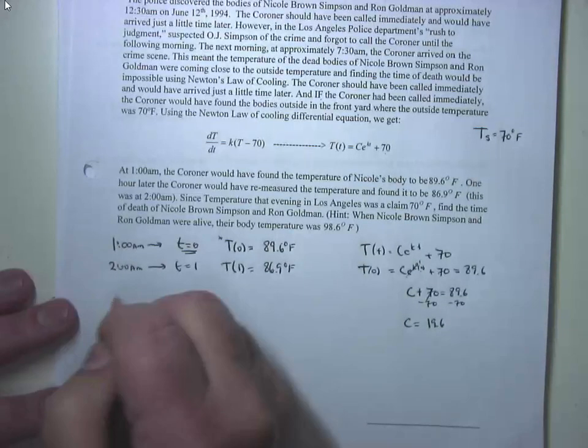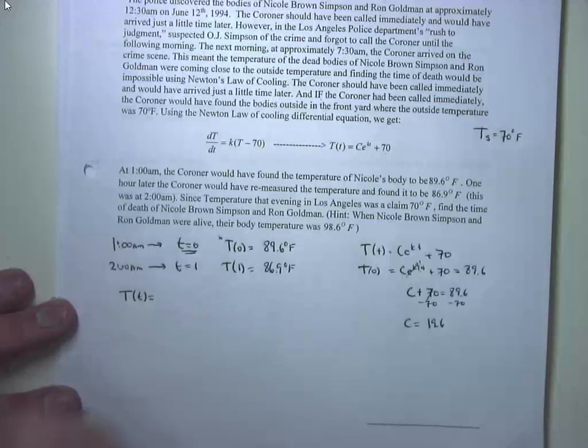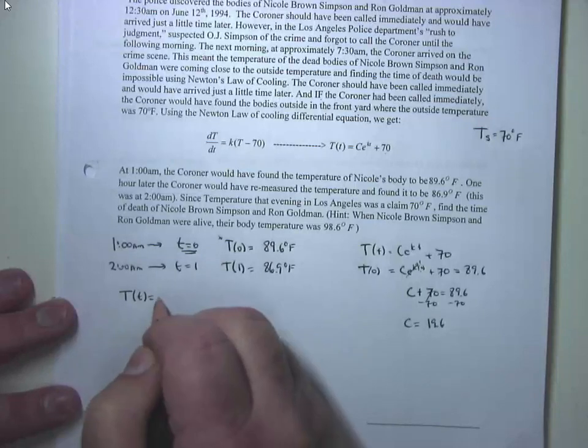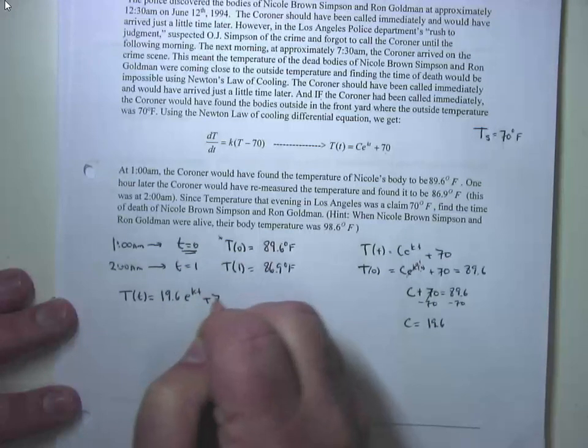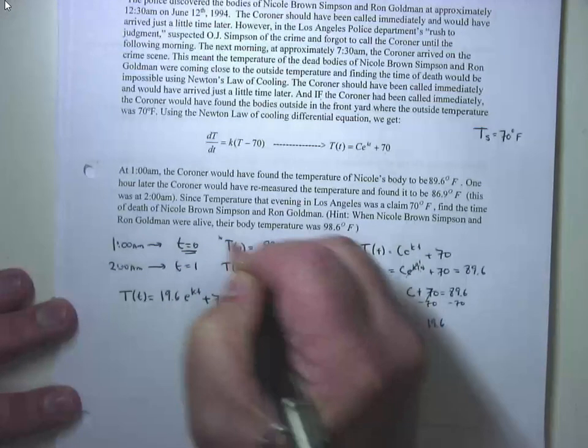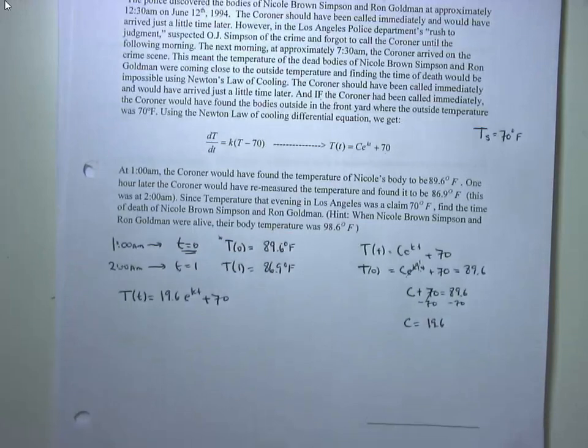Okay? So big T of little c equals C, which is now 19.6 e to the KT plus 70. You'll always use the initial temperature first. That allows you to solve for C. Question? If C is just equal to the initial temperature minus the surrounding temperature,